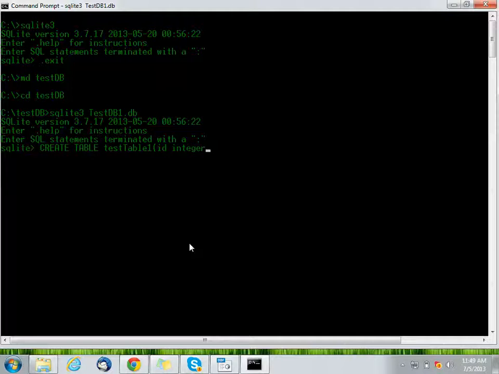Let's go for constraints later. A table is created. Let's see dot tables. Dot tables would show all the tables in the database. So we have test table 1 right now. Now let's enter some data in it.